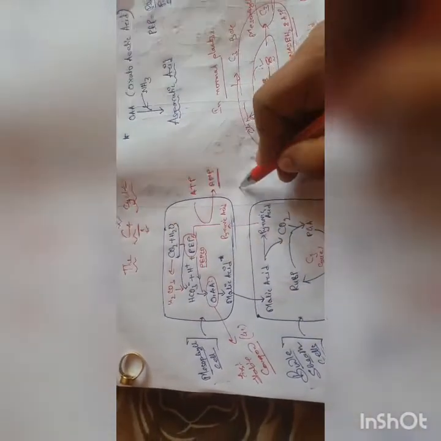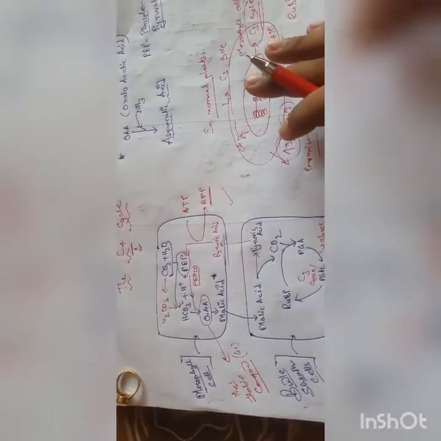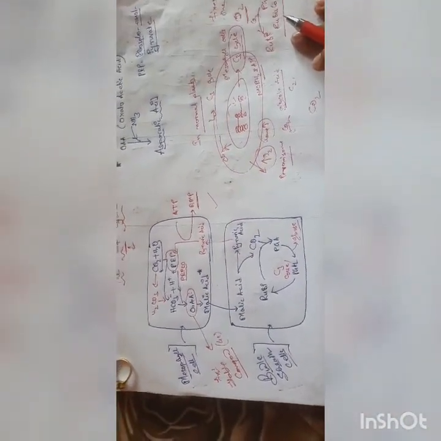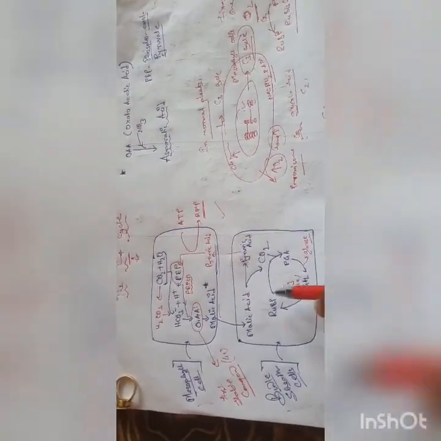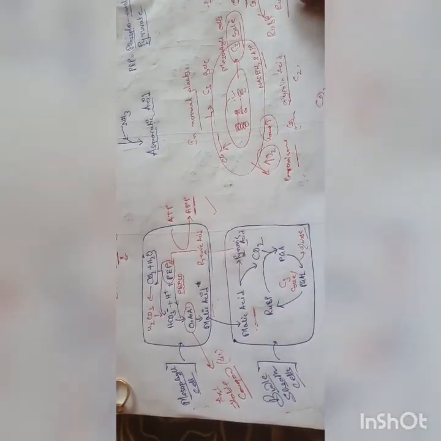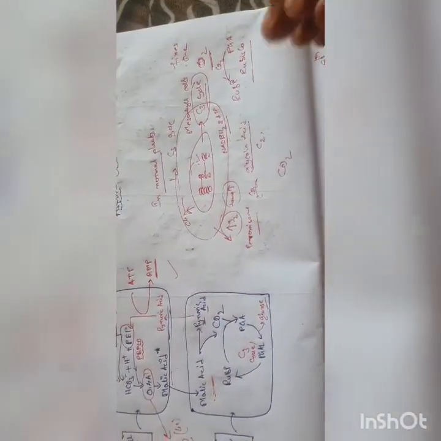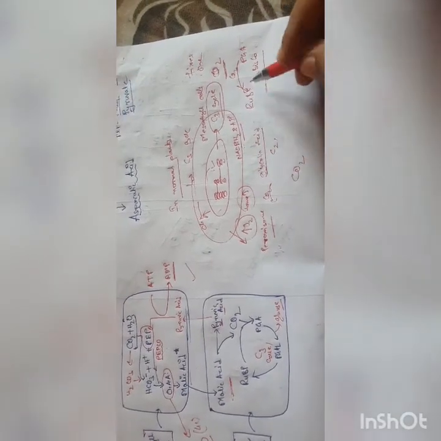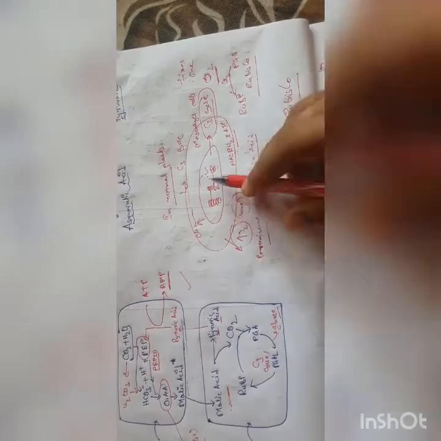Up to this much, it occurs in the mesophyll cells. Okay, and the reduction potential and everything is made in the mesophyll cells, and it is transferred to the bundle sheath cells. Now, what will happen is, the malic acid will come into the bundle sheath cells. In the bundle sheath cell, the malic acid will get converted into pyruvic acid. Before that, I would like to say that the enzyme which was the first enzyme taking up the CO2 there was the Rubisco, yes or no, which was present in the stroma of the mesophyll cell.